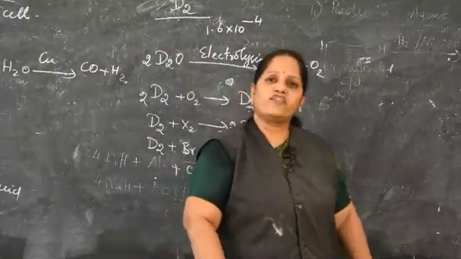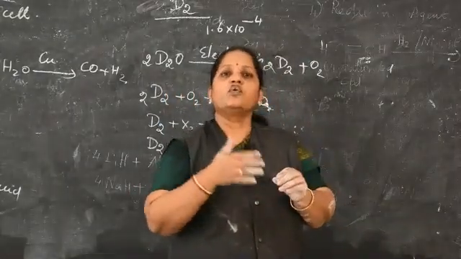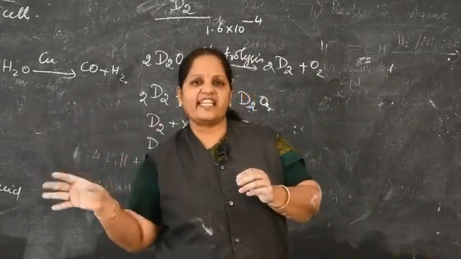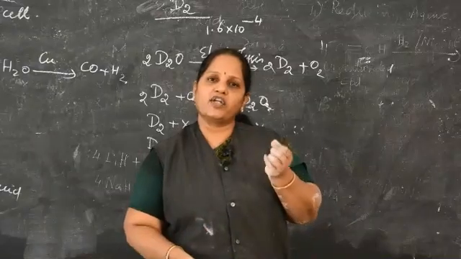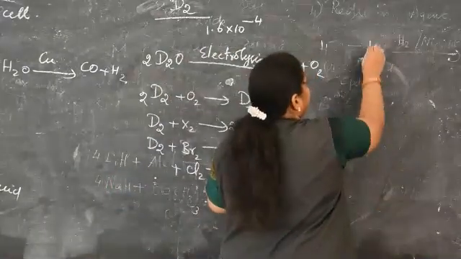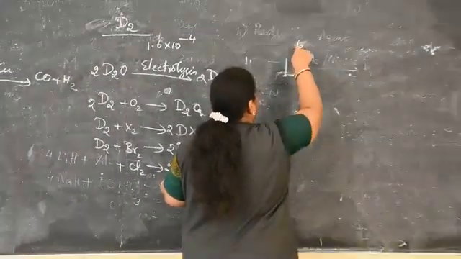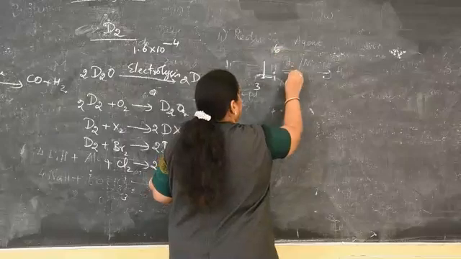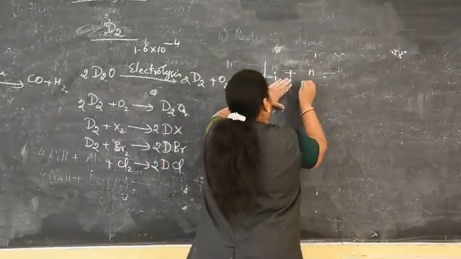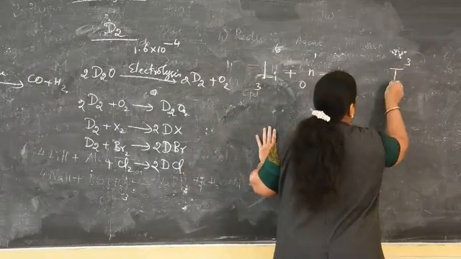What is a nuclear fission reaction? Heavy nuclei break up into two lighter nuclei with a release of a large amount of heat energy, which is called a nuclear fission reaction. So, lithium, atomic number 3, mass number 6, is bombarded with a slow moving neutron. It forms tritium, 3, 1.